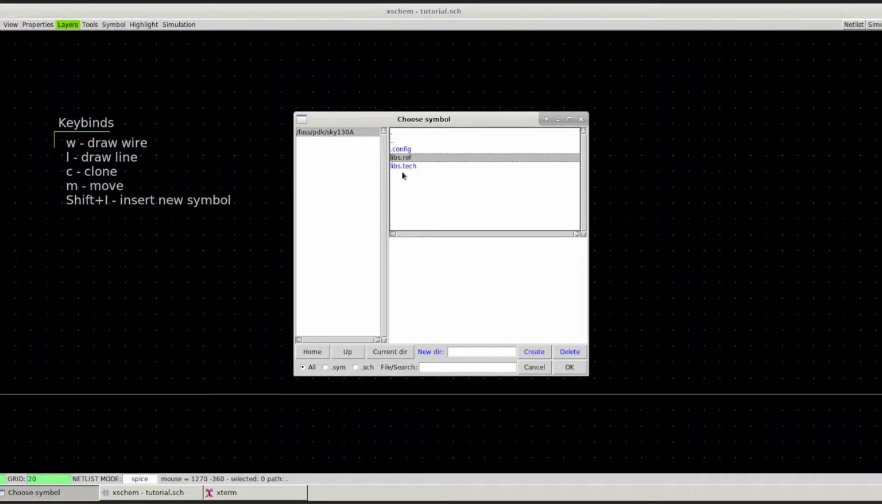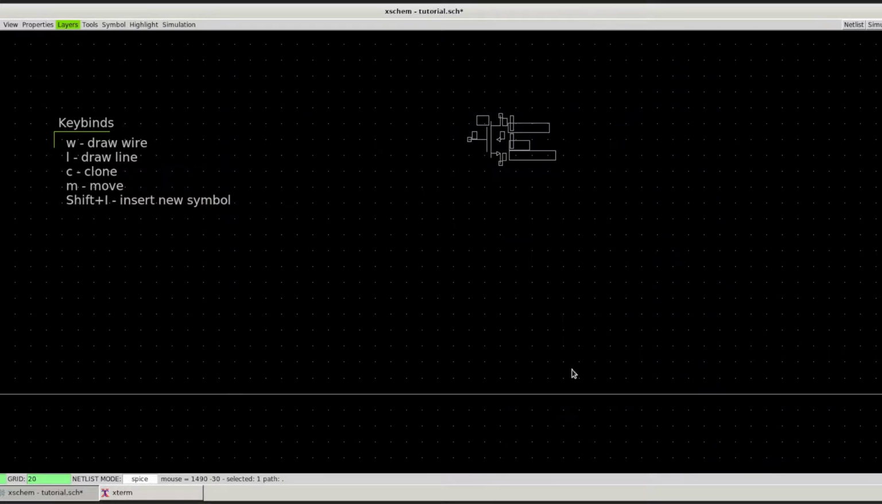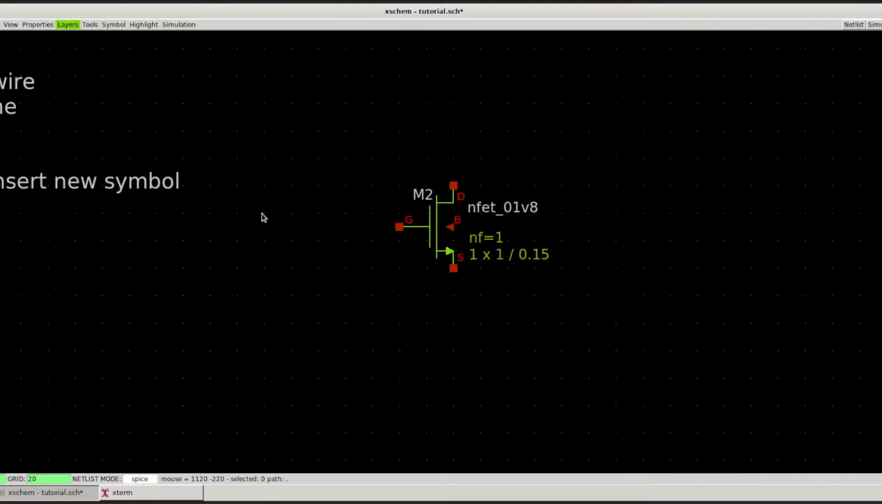And to access the basic devices, you're going to go into the libs.tech folder, into Xschem, and into the SKY130 FD PR. So here are all the basic devices. And for this video, we're just going to do a basic characterization of the 1v8 NFET, so this device right here. So we'll just click OK, and we'll drag it out into our schematic. Okay,